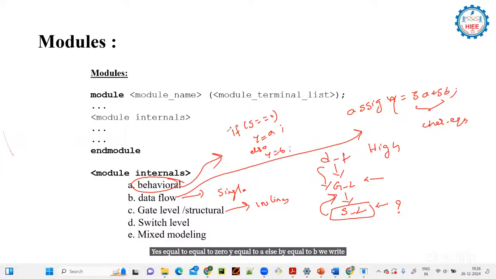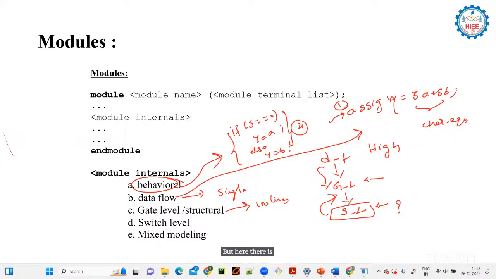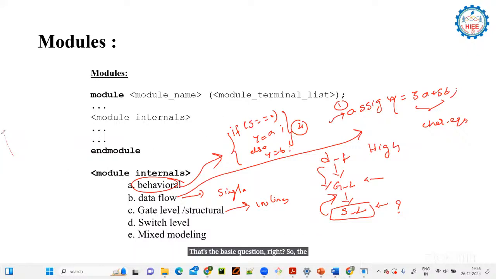This is the core logic; in between, there are a lot of other things. By looking at this, if s equals 0, y equals a, else y equals b, there are 4 lines of code. But in data flow, there is only a single line of code. Still, I am calling behavioral modeling the highest level of modeling. Why? That's the basic question, right? So the actual reason is,